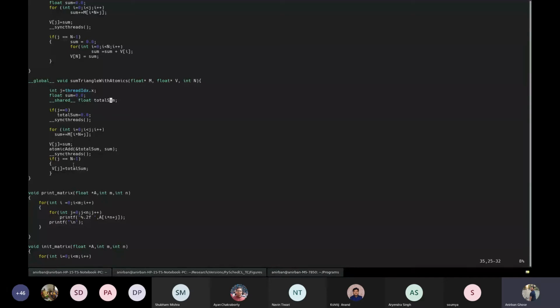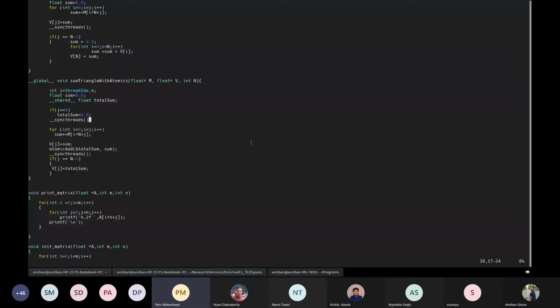Okay, now naturally you will have to initialize it. By default, for shared float variables, you cannot directly initialize it. So you declare it, and then you have to ask one of the threads to initialize that. So naturally, you will have to have a sync threads call here. So can anybody tell me why I would require this? So that the total sum would be initialized to 0 at the beginning only, and the threads won't start total summing before this 0 initialization.